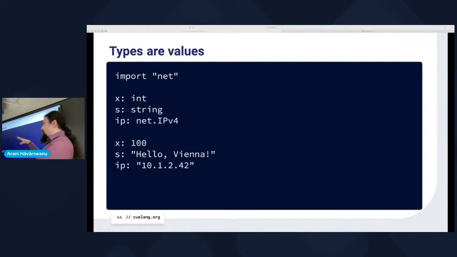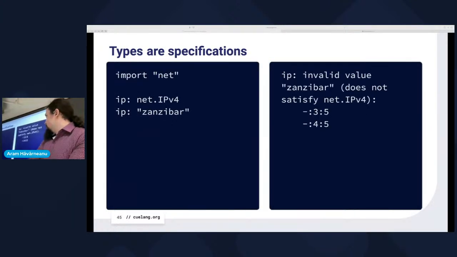That's not what's happening. All of them are declarations, and a declaration in Q means basically you say is. So you say X is an int, or you can also say X is 100. And we can say that IP is an IPv4, and you can also say that IP is that particular IP. And the interesting part about that is that if you put the wrong IP, if you put a string which is not a real IP, Q will complain and will not let you do that, which is of course very useful. And we will look a little bit later at how exactly it does that.